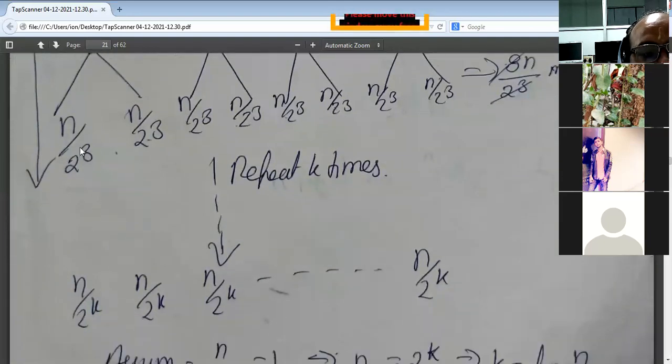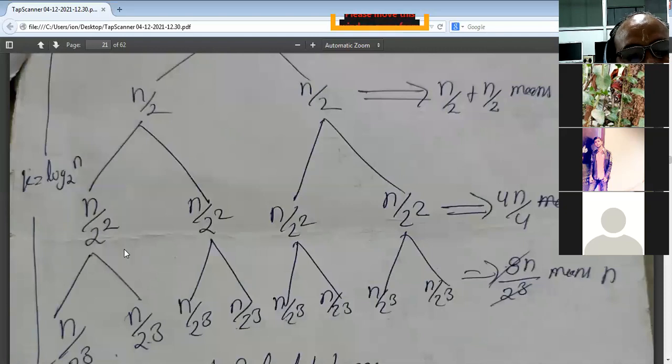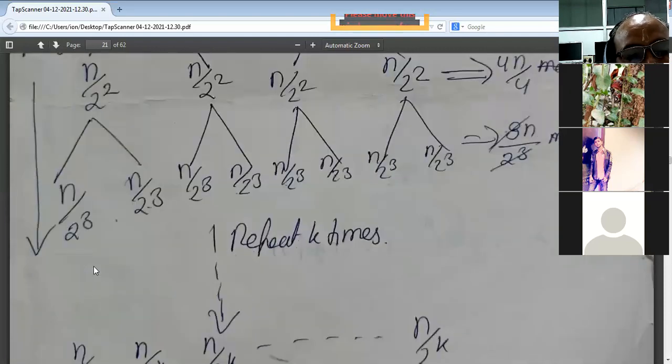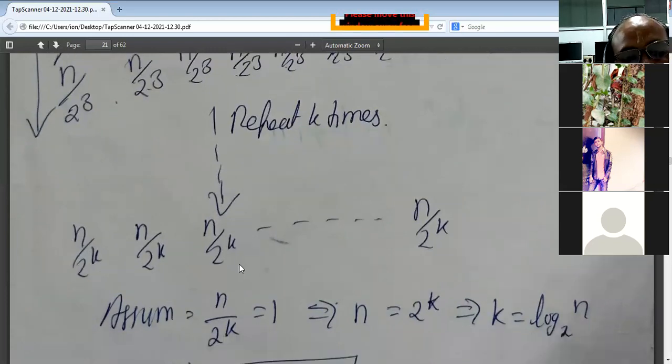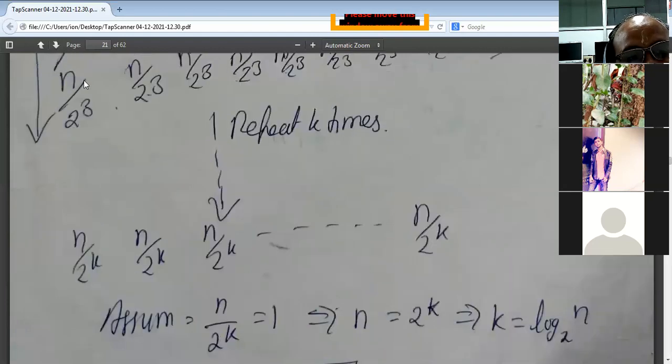Now here we will see where we want to end our recursion. We want to end it at the kth iteration. You can see here it was 2, it was 2², and here it was 2³. Next will be, at last, n/2^k. Here n/2³ is there, next will come n/2⁴, next n/2⁵. In a similar way, it will stop when we get n/2^k. So I am supposing that at the kth iteration we get n/2^k. Now what will happen? At last we want to make it as 1.